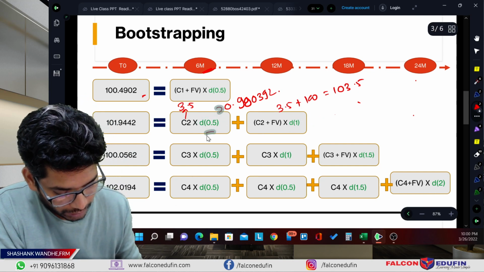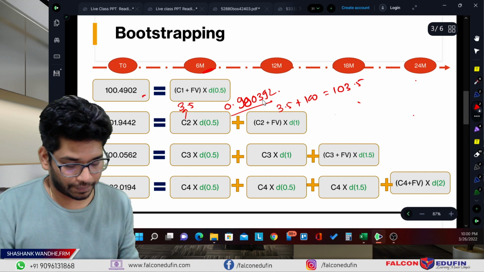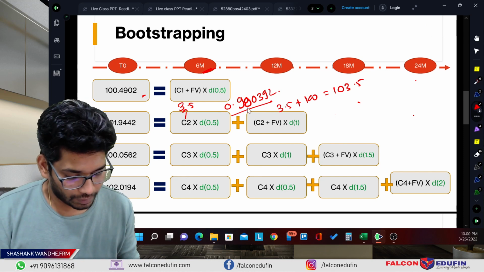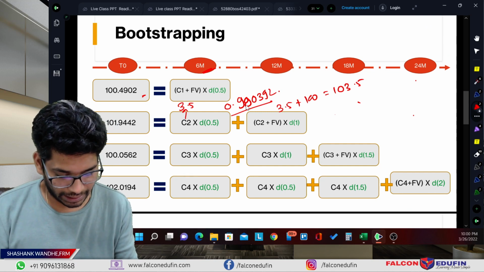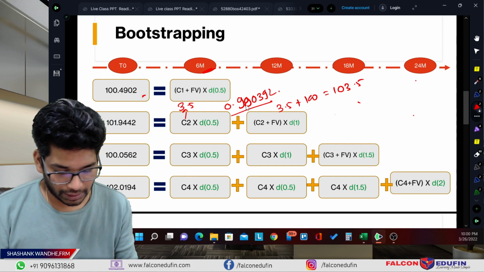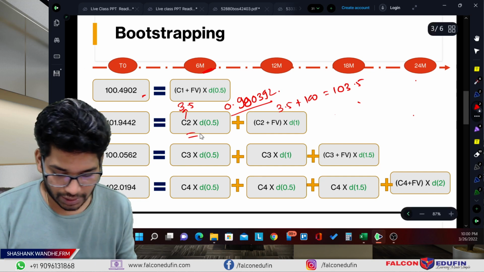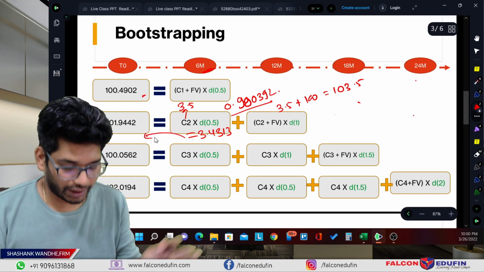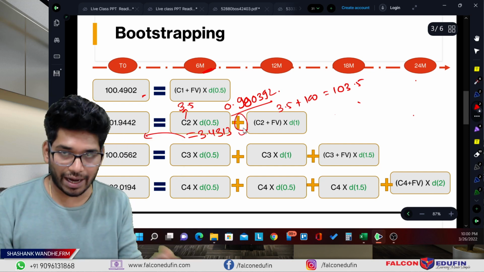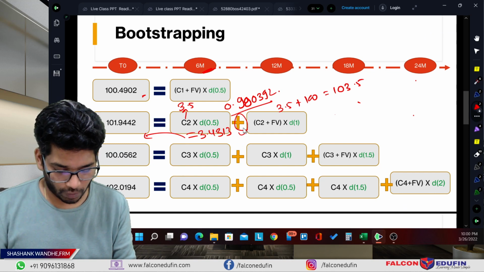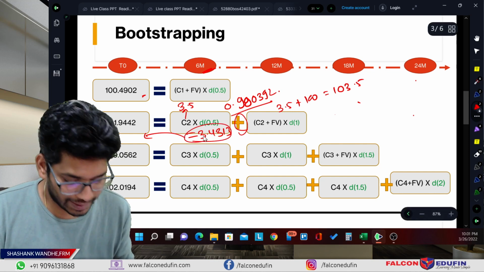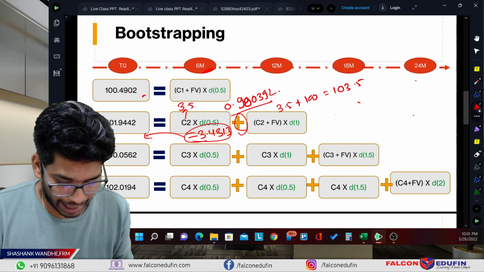Okay. Now let's multiply this 3.5 multiplied by 0.980392, and you will get the answer here is 3.4313, and transfer it here. So it will get reduced because currently it is in the addition term, that is minus 101.9442. So answer after adjusting for this, that is the discounted coupon, it is